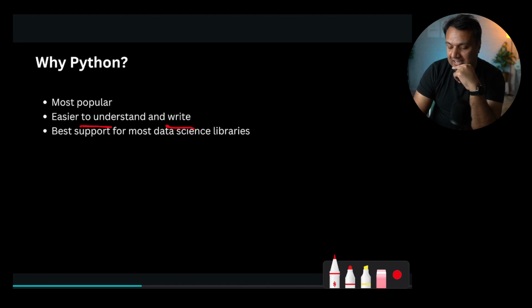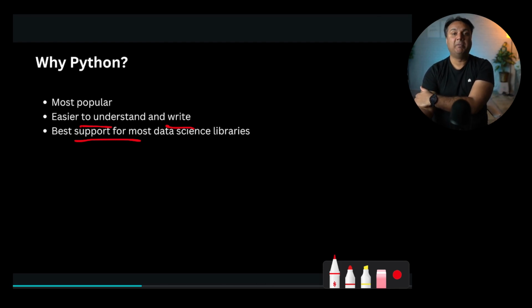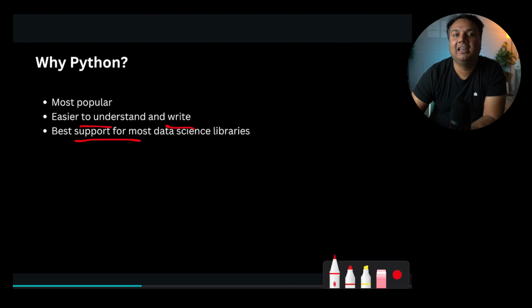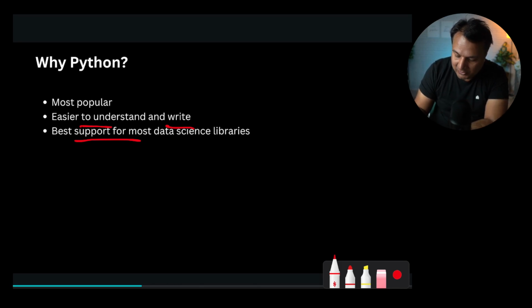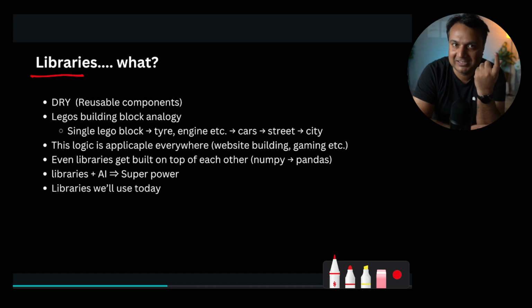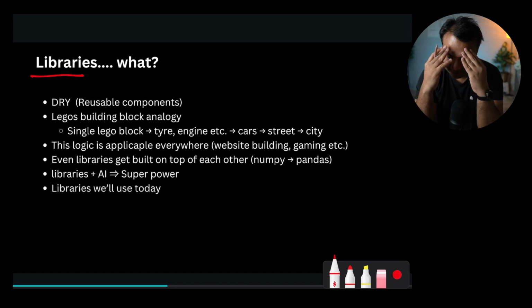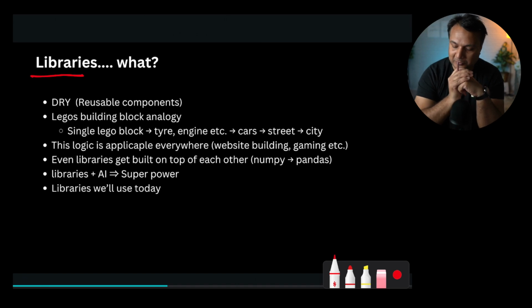The other thing is that it is one of the most supported languages when it comes to data science libraries. There are many data science libraries, and every library has support for certain languages. Python is supported by every single one of them. And if you are wondering, what are libraries? When you think of or use the word library, some physical library comes to your mind. So a library is sort of similar, but just to explain it in an easy to understand way.